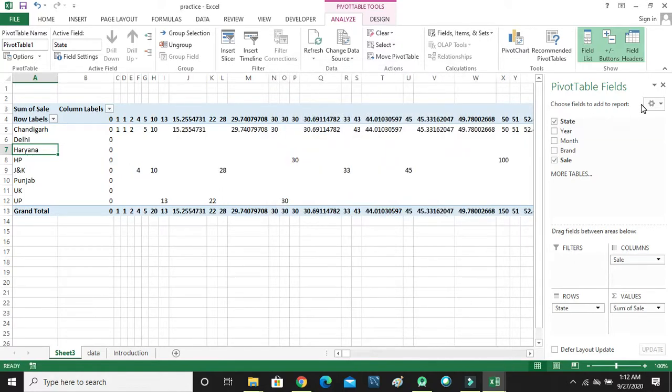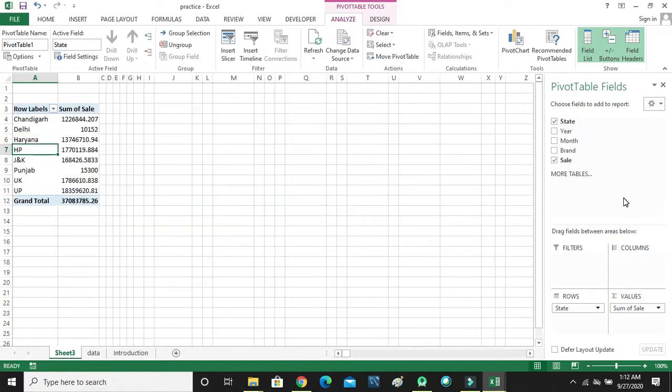So here you see sale. Sorry, we have to remove sale from column. Number fields only come in the values section. If I want month wise sales, we want month in the columns, not rows.